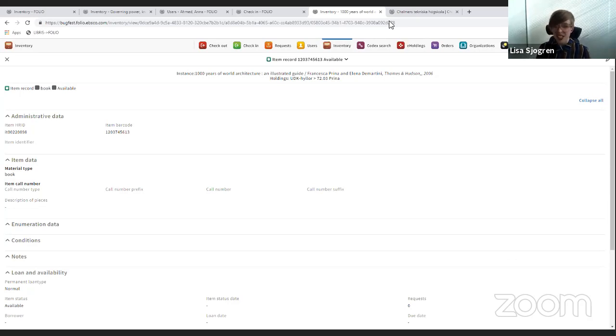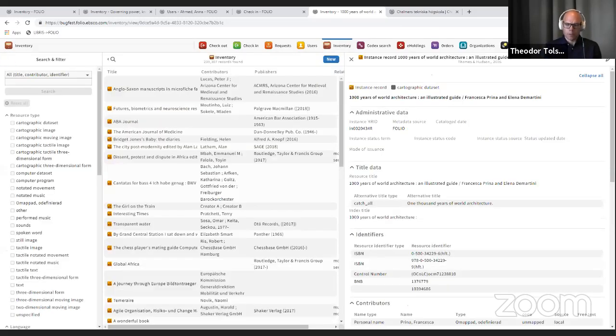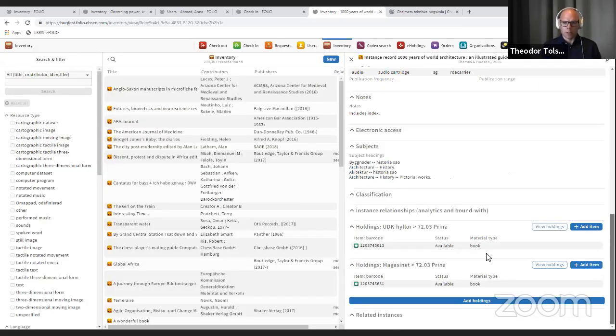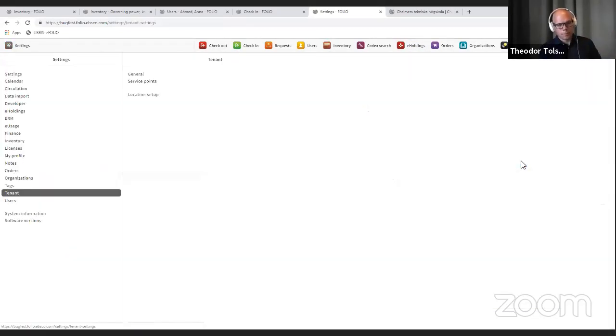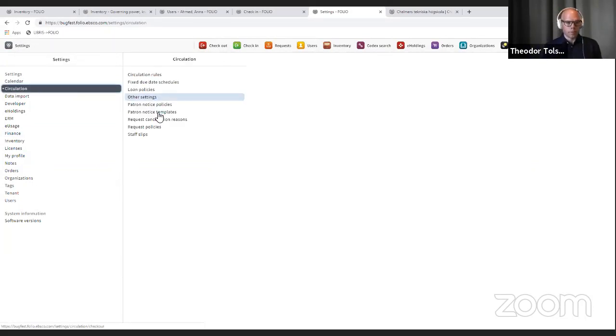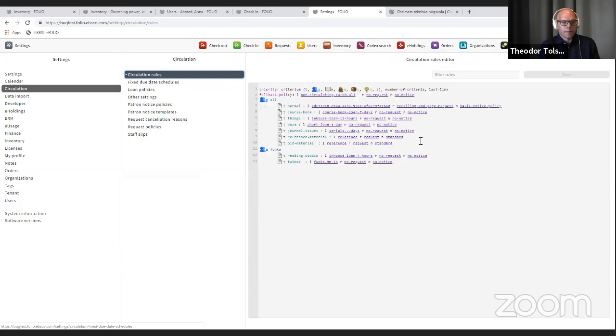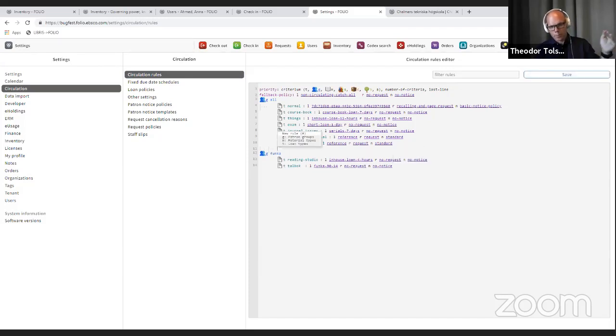So, and it's easy. I think you can also do very broad definitions at first, and then you can go into detail, because these rules are inheriting each other. So you can get very specific, and you can still have these broad overall rules. So it opens up a lot, and also due to the fact that you have a lot of levels in the location hierarchy, you don't have to, we have seen some pretty